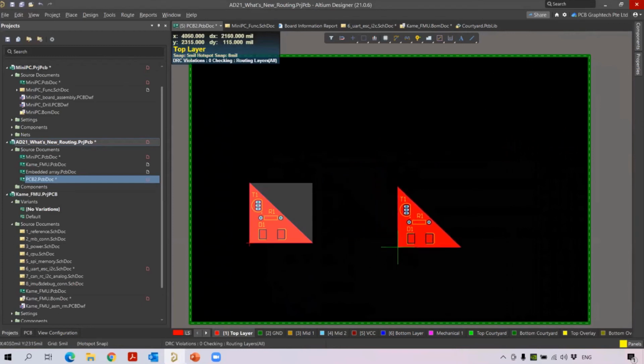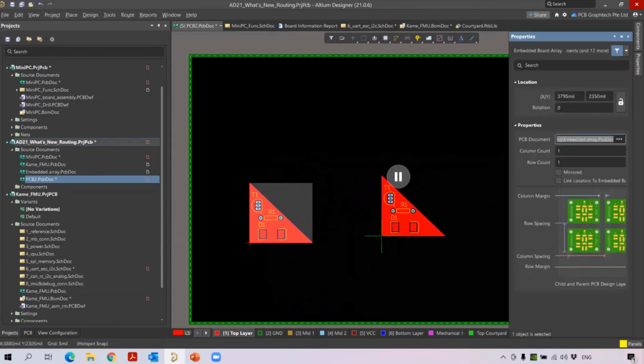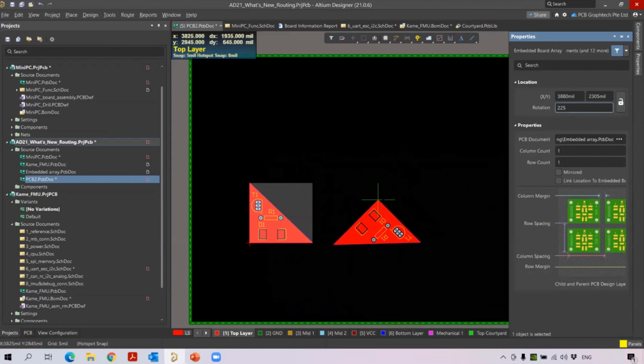Because I changed the stackup here, it is showing that information. Later I will change that. Now if I want to place the second stackup and rotate it, I can use the tab key. Now I can change to any angle, so 25 or any angle, now you can rotate it and just place it.